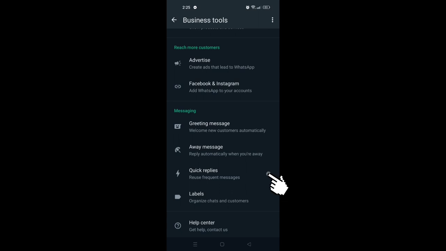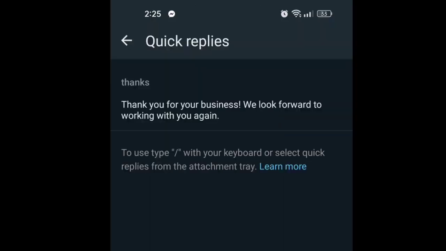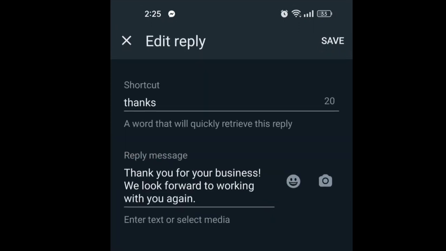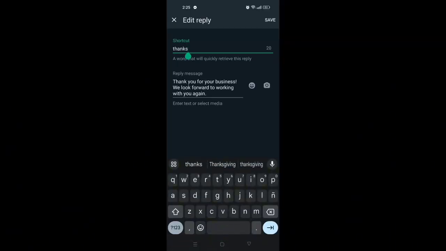And then for the last one, you have to click on the quick replies, and then you have to compose your quick replies right here. So you just have to click on this section, then you have this shortcut right here and the reply message. For the shortcut, it's a word that will quickly retrieve this reply. Then you just have to click on save after you type out your shortcut and your reply message right here. So just click on the save button at the top right hand corner of the screen,